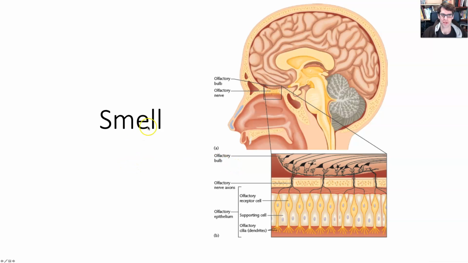All right, so let's move on to smell. Smell is also a chemical sense. If we look at the cross-section here, this is your nose here. We all know that's important for smell. I find this interesting. Right here, this is the brain, and if you see here, notice before, right at the bottom here,